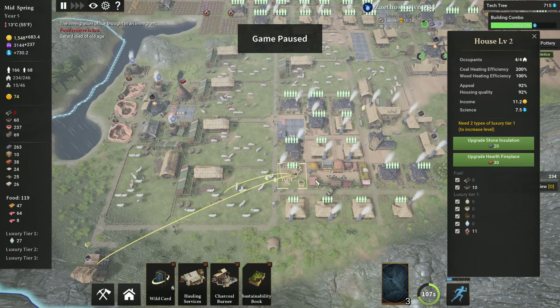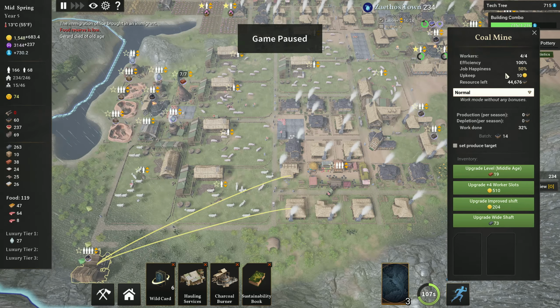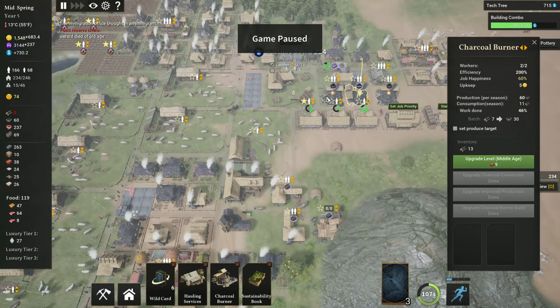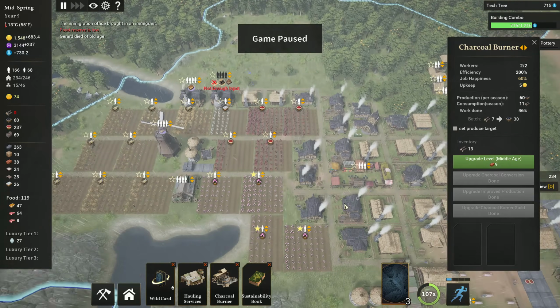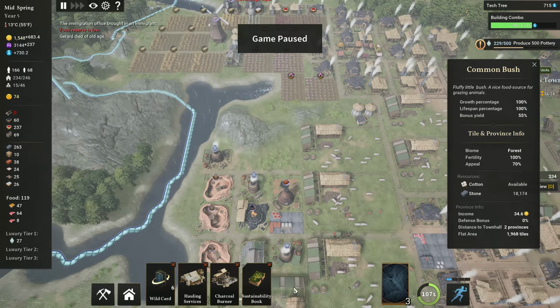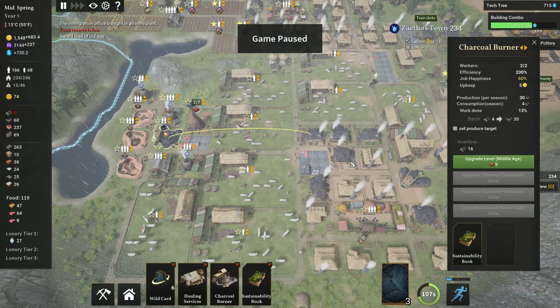There are kind of two ways to make this more efficient. One is you want production near your houses that will be used by your houses, right? So one of the reasons why I like charcoal burners over coal mines, for example, is simply because you can place them throughout your empire. So I have 3 up here. I have plans to build some charcoal burners probably up here north. And then I have a charcoal burner down here. And so this will spread the charcoal